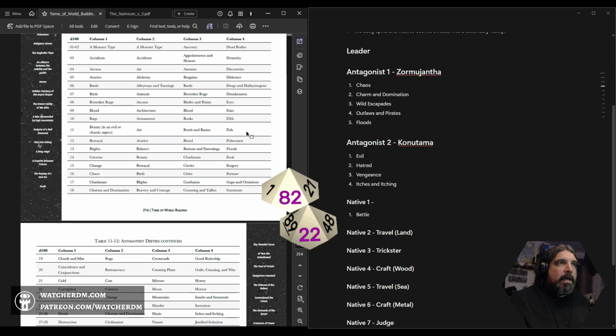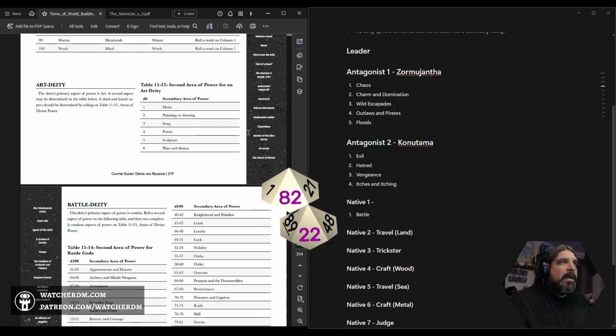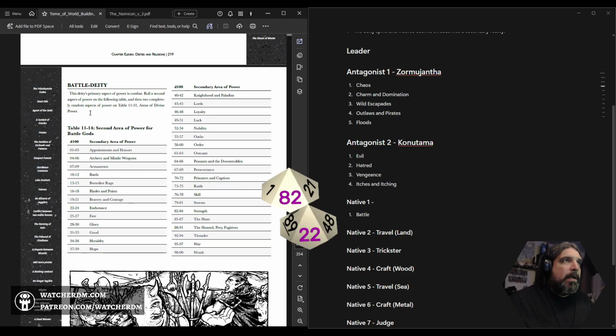So I think here we're going to look for the battle deity. Here we go. So this deity's primary aspect of power is combat. Roll a second aspect of power on the following table, and then 2 completely random aspects of power on table 1131, which is down below, areas of divine power.